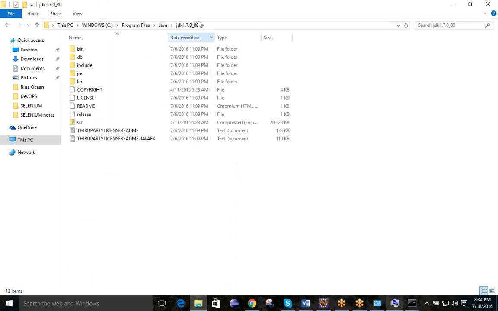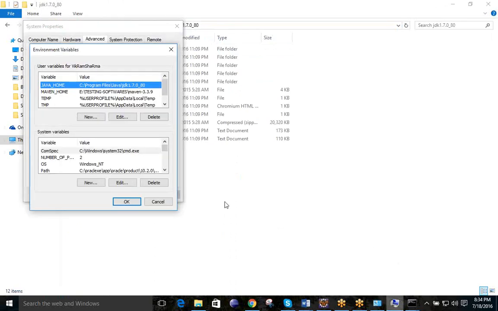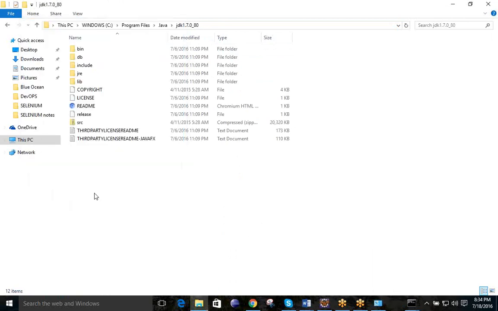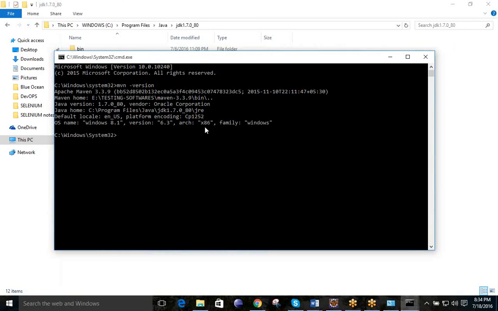So up to this location you need to specify the Java home. Don't change anything in the system variable, that is highly restricted. Then click OK. After that, again you need to execute the same command, mvn one space hyphen version.